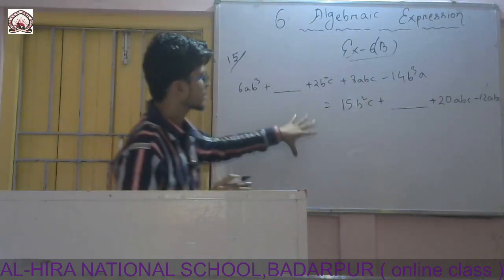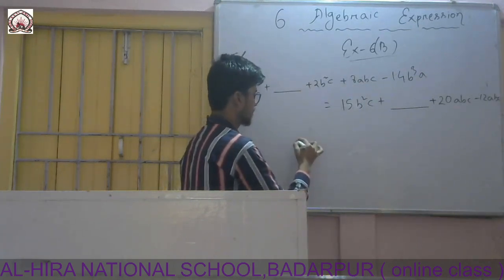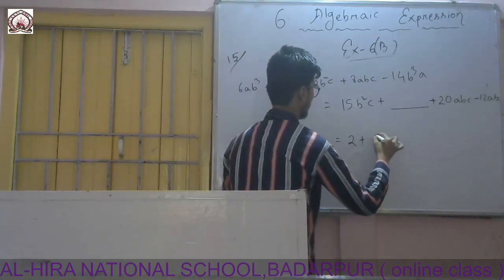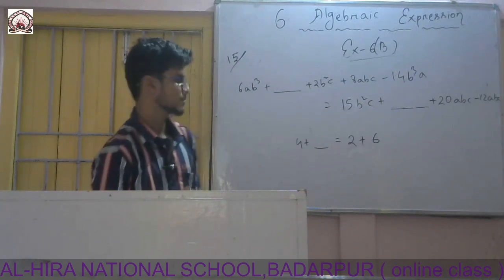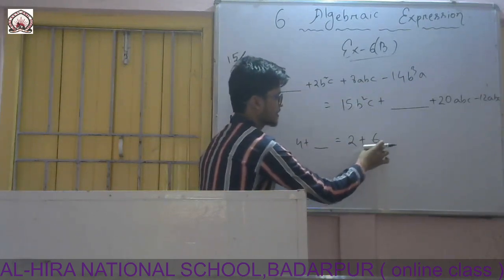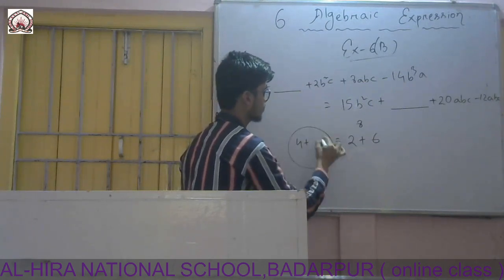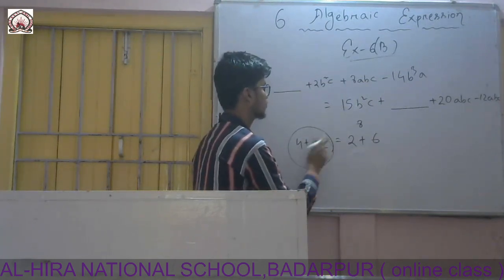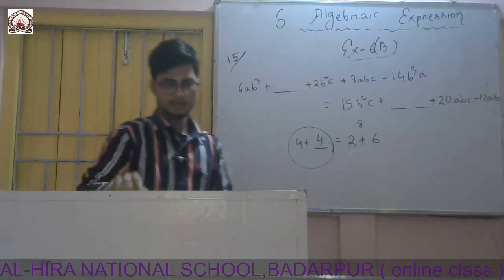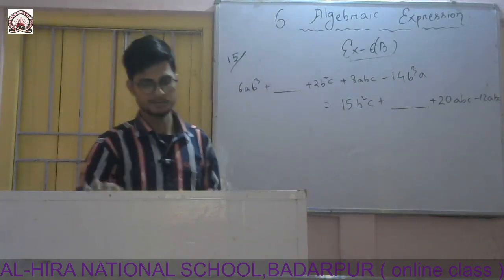So before doing this, you simply understand one thing: since equal to is given, for example, if I write a question like this, 4 plus a dash, and on the other side I write 2 plus 6. Since equal to is given, that means both the sides are equal. So this side, 6 plus 2, is 8. So there also I have to make 8. So what do I have to put here? To make this correct, I have to put 4. So the same in this case also, I will simply check which term is missing and put that so that both the sides become balanced.